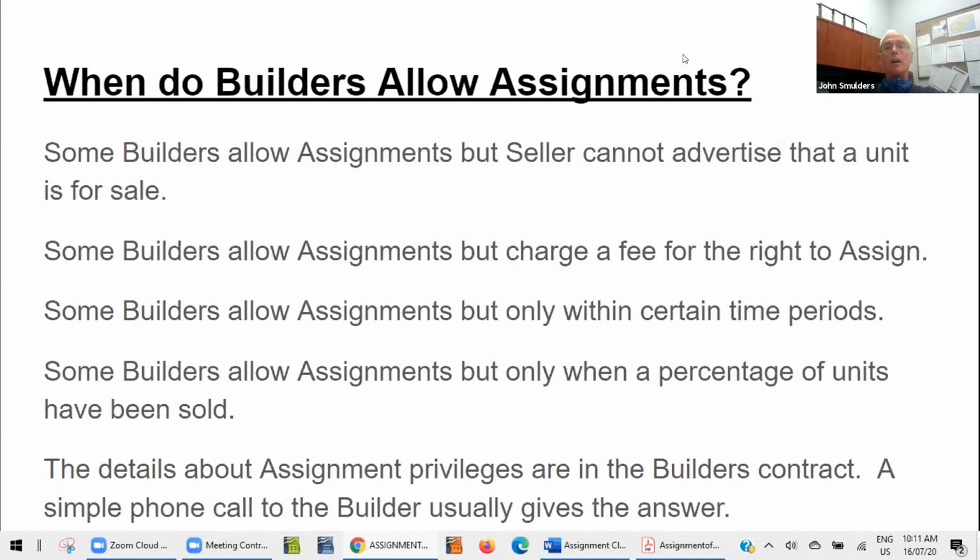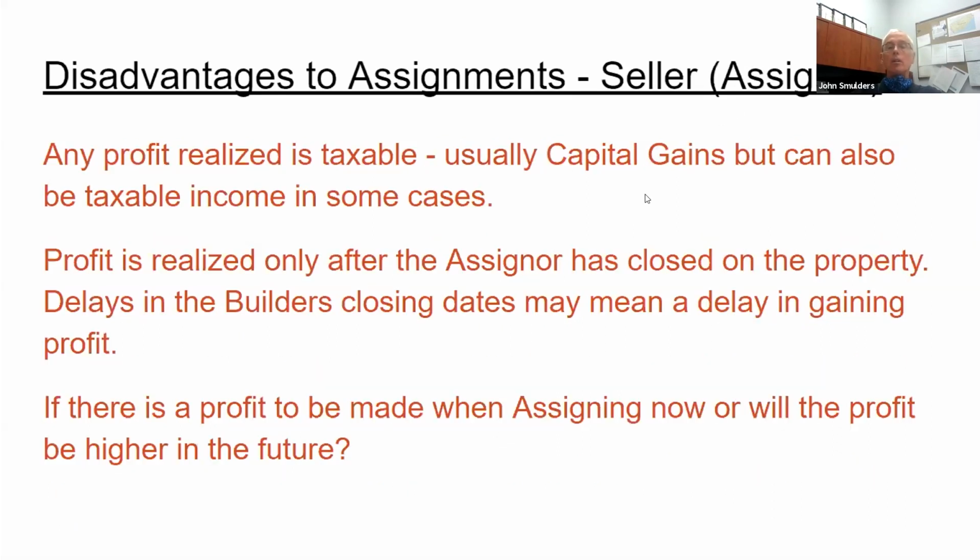So this does not matter what the seller has declared, it's what the new buyer has to declare. Disadvantages to assignments, the seller assignor. Any profit realized is taxable. Capital gains is very, very normal for an assignment. Okay, if the seller makes $100,000 on the assignment, it is taxed as